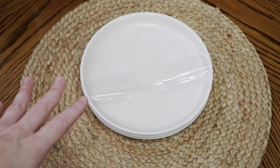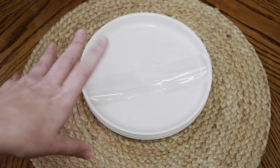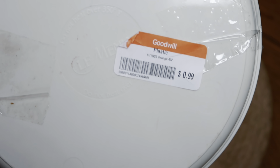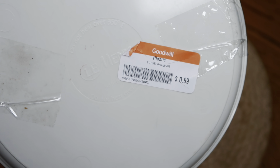And speaking of things for the kids, because I thrift for just about anything, y'all, there's very few things that I will not thrift. I've talked about those before, but I do thrift for other people a lot, especially my older daughters and their families. So when I saw this little set here for only 99 cents, I knew that my daughter Kelsey could use these because she has 3 sons